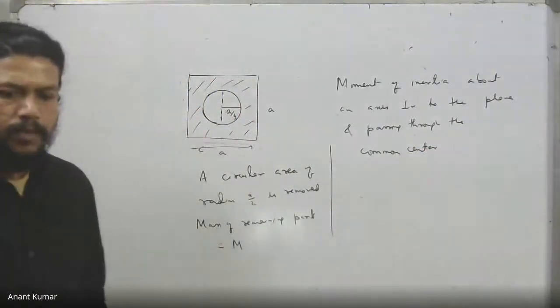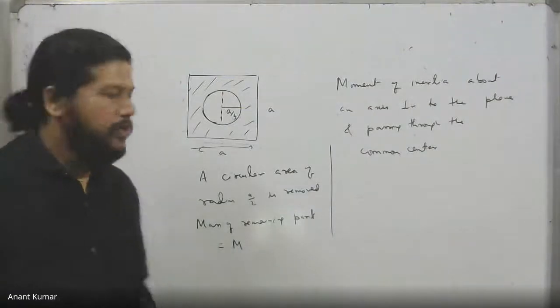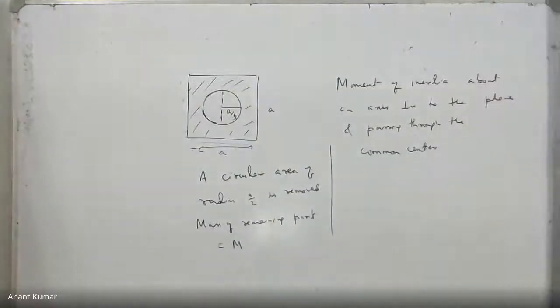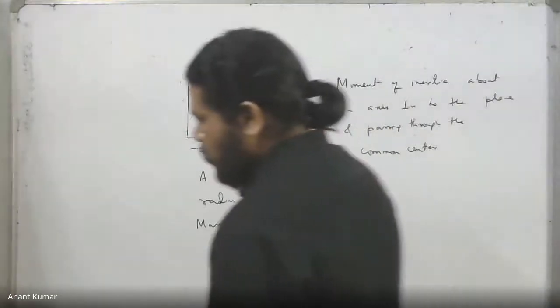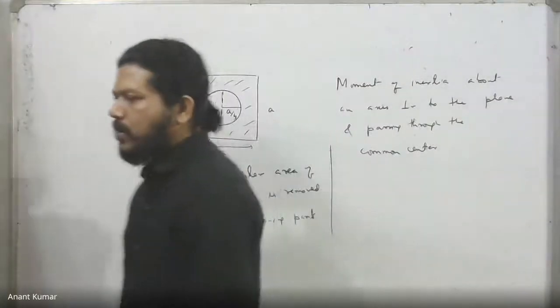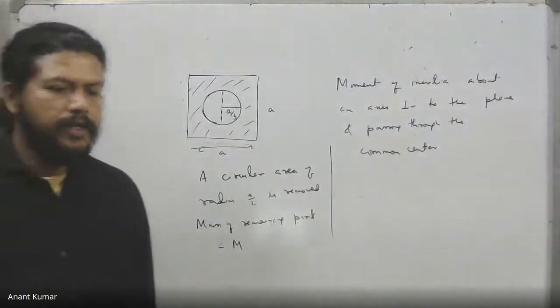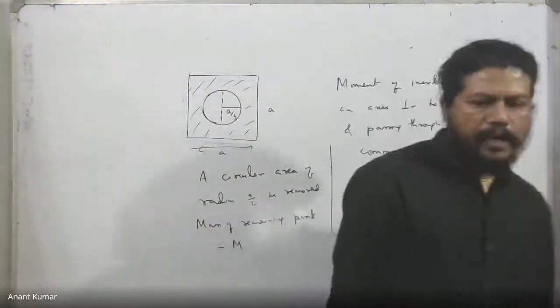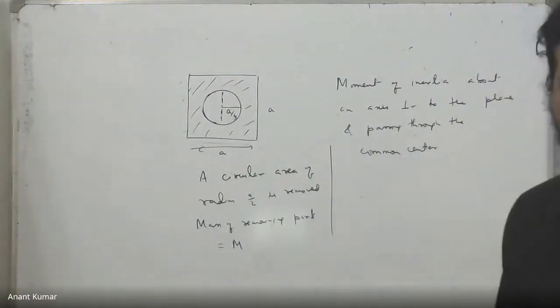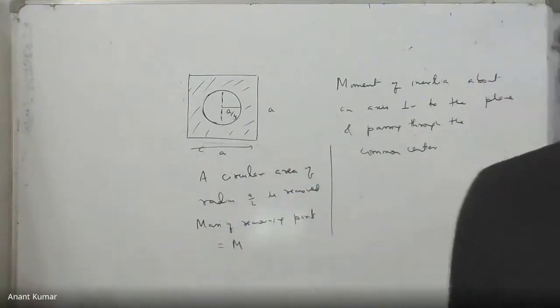Before that, what about the moment of inertia of a square plate actually? You've got an axis through the center of the plate, perpendicular to it. What is the moment of inertia of a square plate, side length A, mass M? 1 by 6 m a square. Okay. We can use the result for a rectangular plate, m by 12 into a square plus b square. Then you simply put a equal to b, both of them as a. So you get 1 by 6 m a square actually. And that's fine. Now for this one, what about this one?